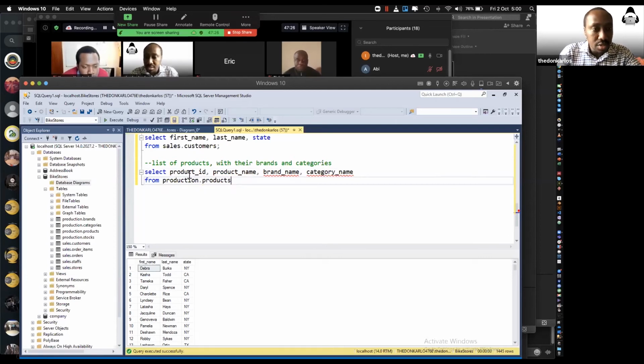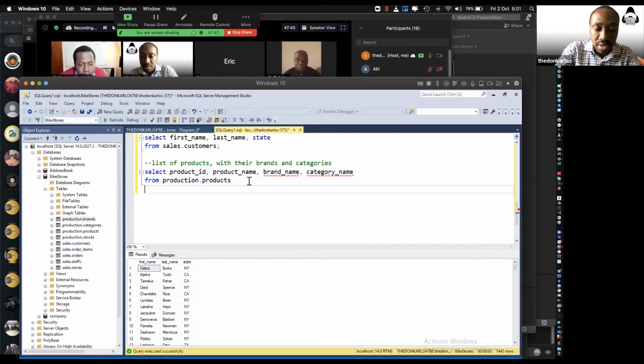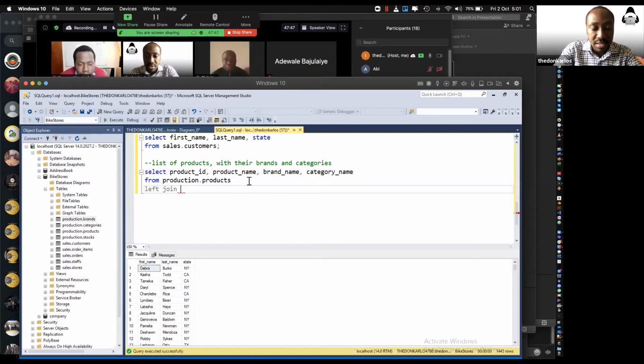But in production.products, we're only going to get product ID and product name. We are not going to get brand name and category name. So what happens is we need to connect products to categories and brands. We use something we call the join or left join. So you say left join products to production dot, let's say brands first,